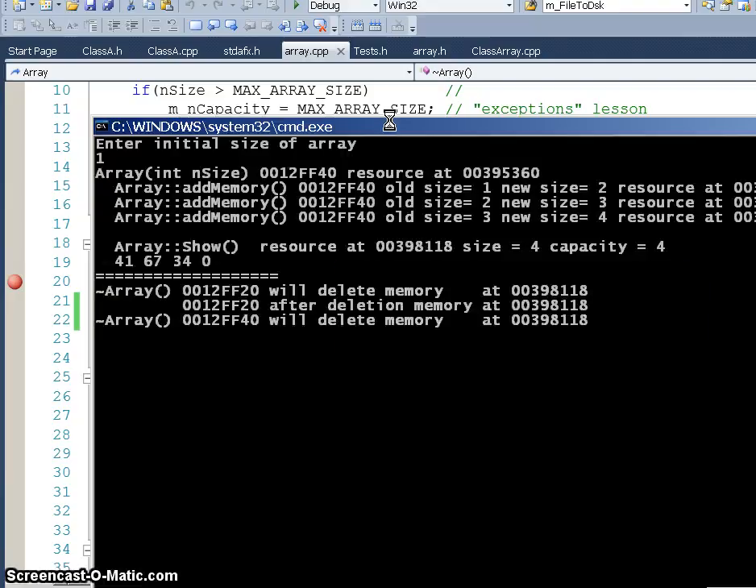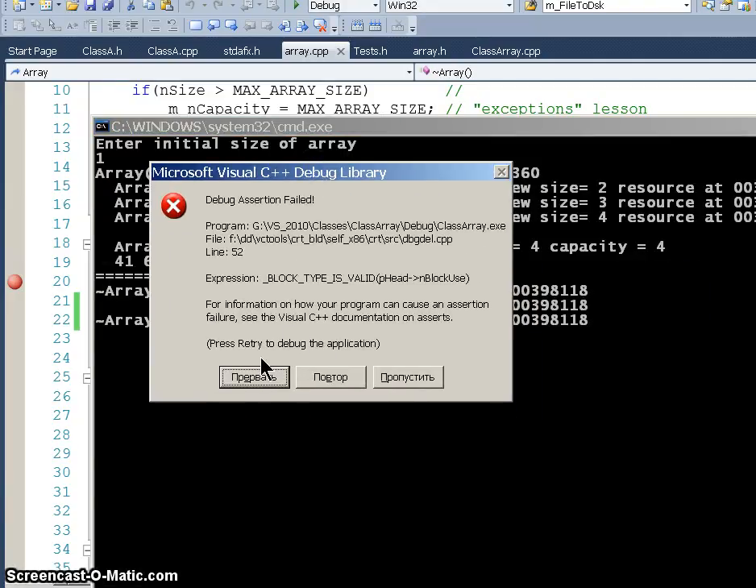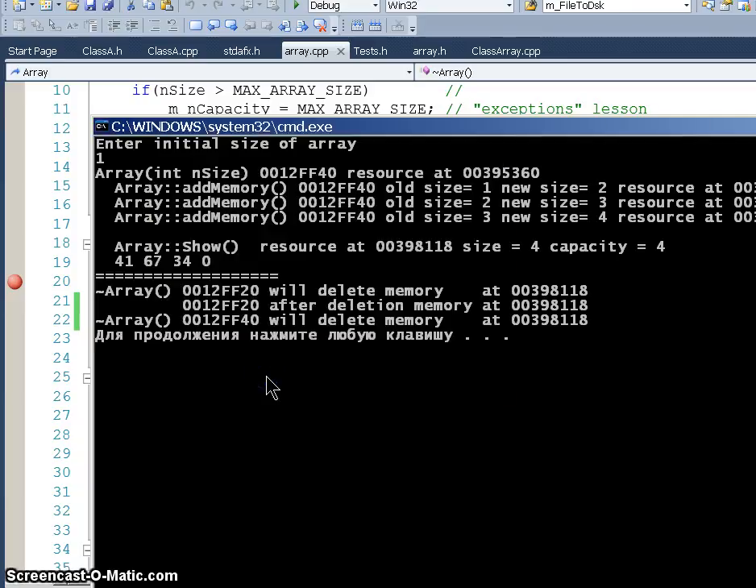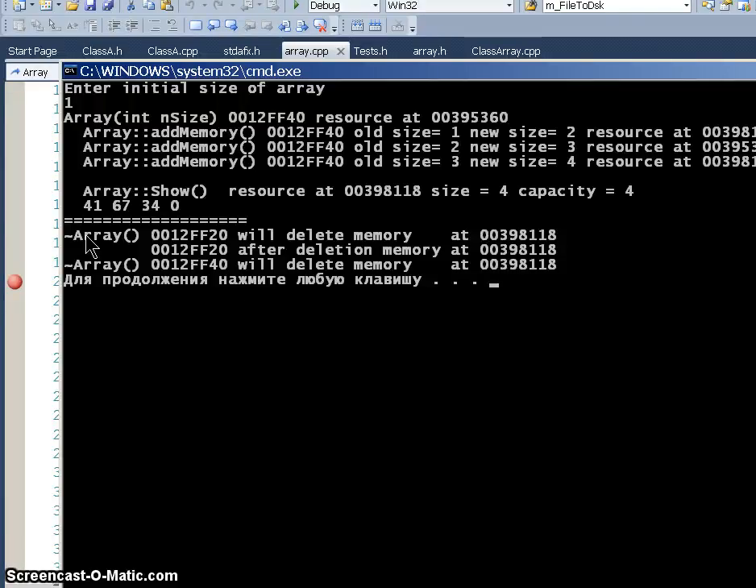Now we have an error, a critical error, and our program has crashed. Let's see our trace. Look, here we see the first call of the destructor. Our second object, look, this is the address of our first object, FF40, and here is the address of our second object,